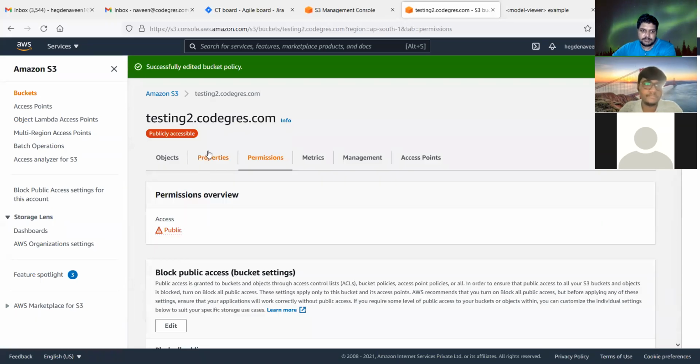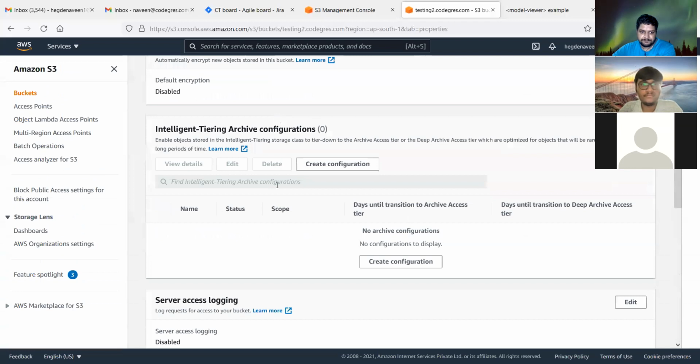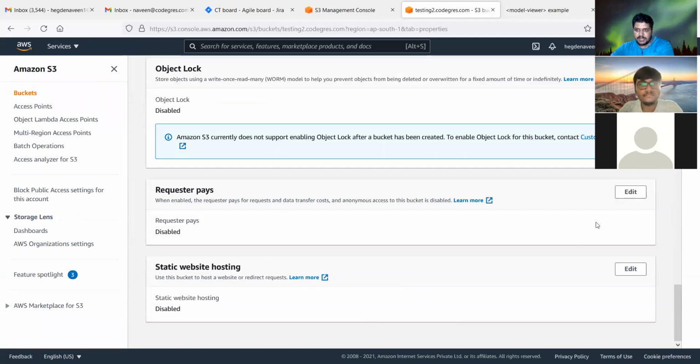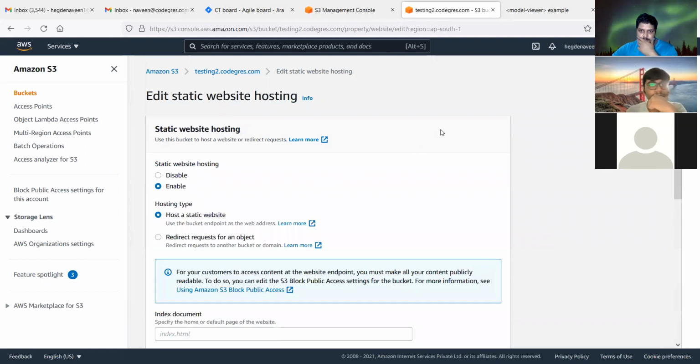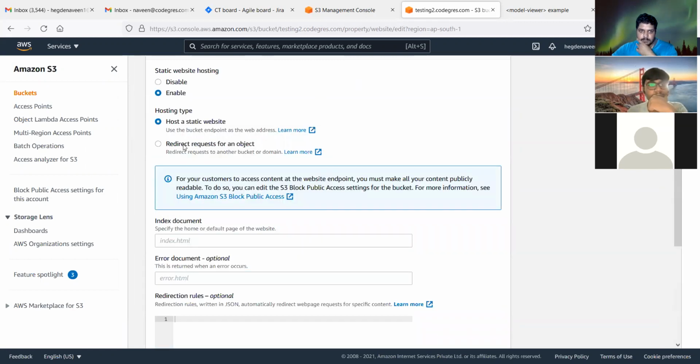Now I'll go to properties, scroll down to static website hosting, the last one. I'll go to edit and enable it, and select host a static website.